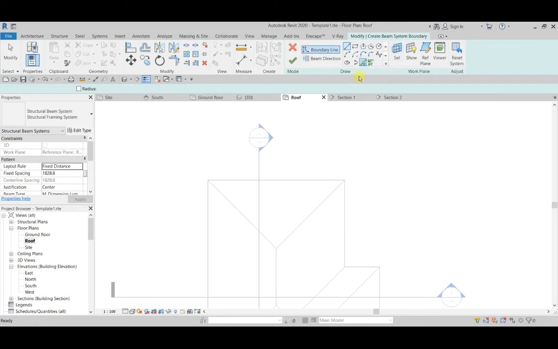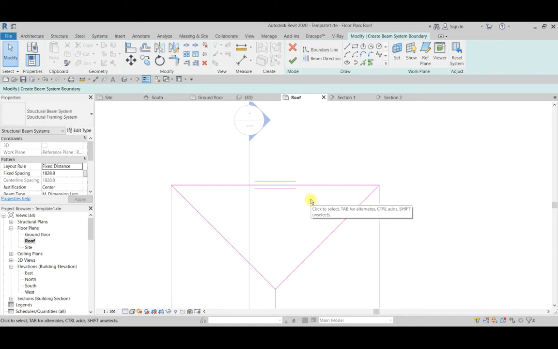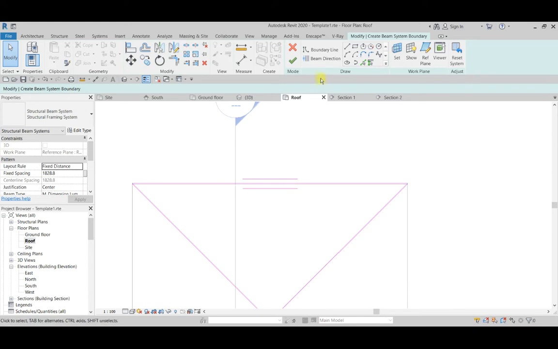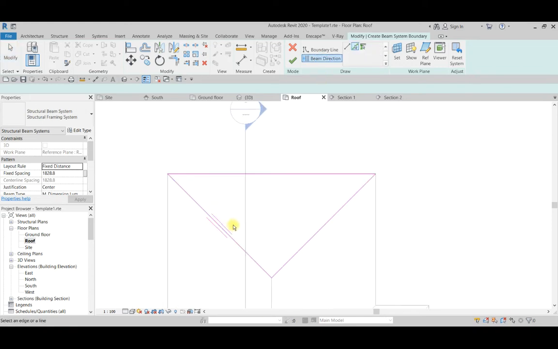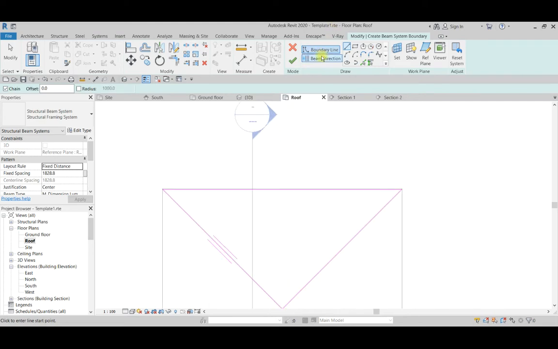Now I can use this one, pick lines, or use the structure tab to select this one. In case you are doing a rafter, rafters span from here to here, and purlins span 90 degrees to the rafter. So with this beam direction, this one is the beam direction. In case I want to do my members in the diagonal area, I just have to pick this one. So if I want to do purlins, I have to do this one so that I'll get 90 degrees